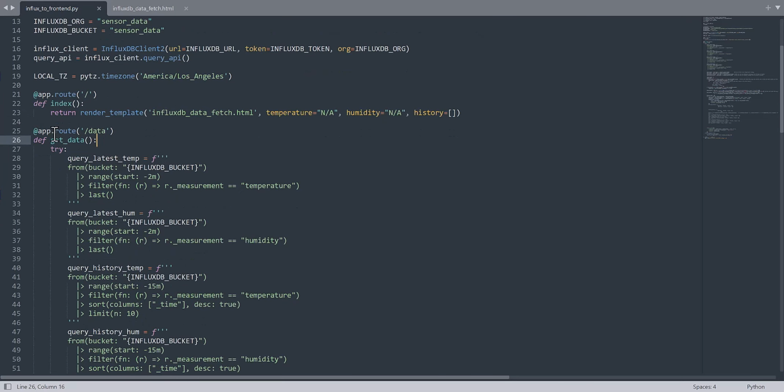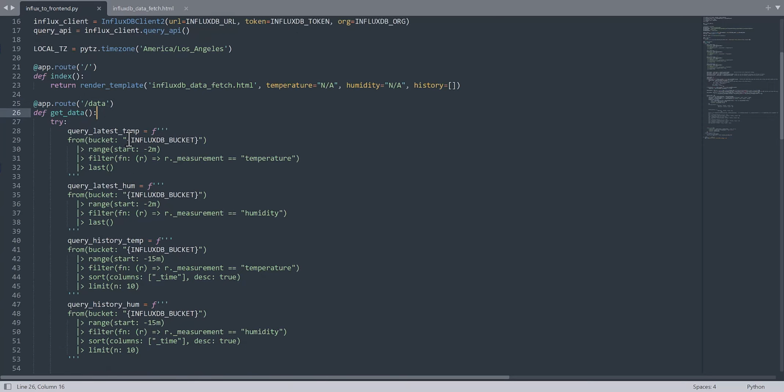So there is another endpoint as a data which can fetch this data. So we are defining some argument here, which is talking about the get_data, and it's querying the data in InfluxDB. These are the methods which you use to query in InfluxDB. So it's very straightforward. You can also Google about the InfluxDB